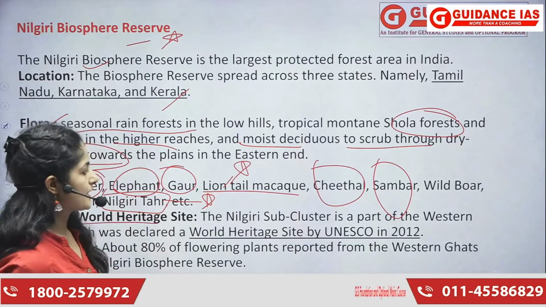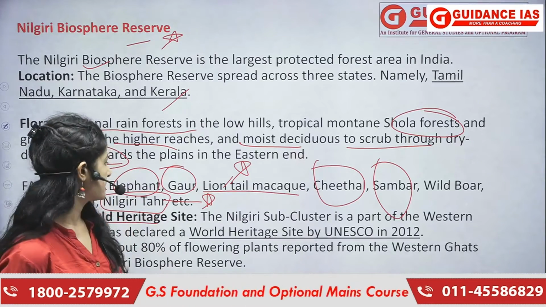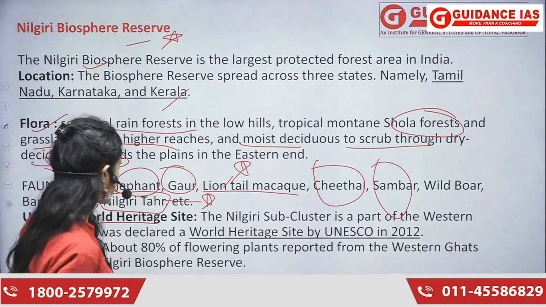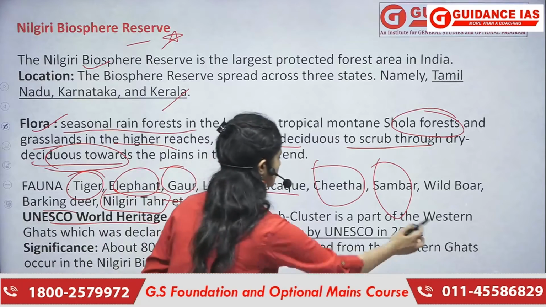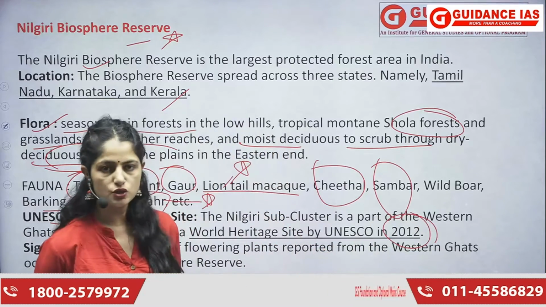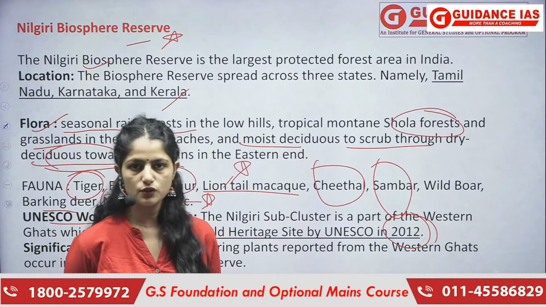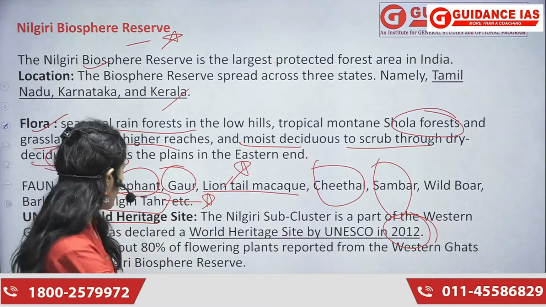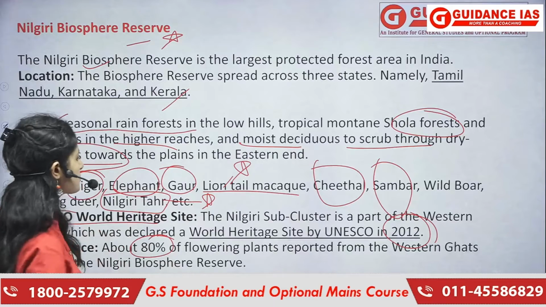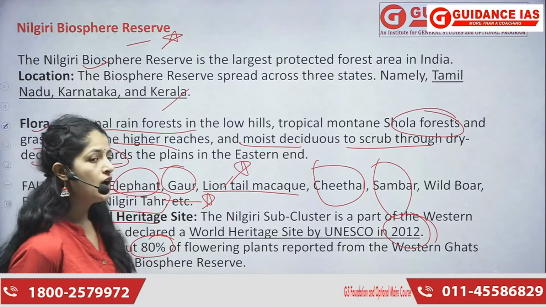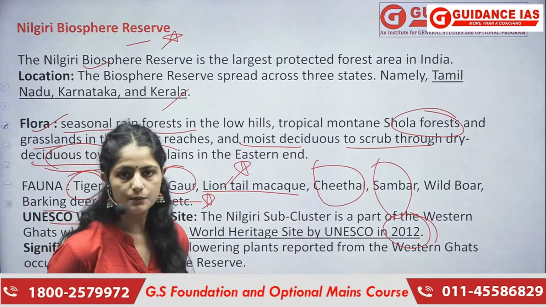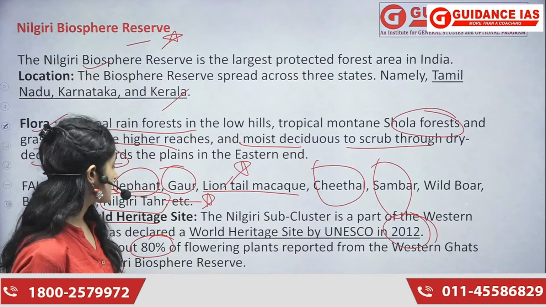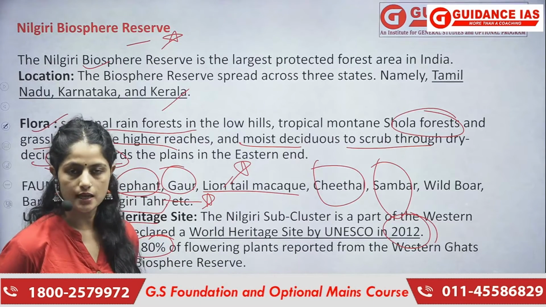UNESCO World Heritage Site bhi hai. This is a UNESCO World Heritage Site also, right? And it got this recognition in 2012. This is a very very important region, not just for our examination perspective but also for our ecology, as it contains 80% of the flowering plants which are reported from the Western Ghats. वो नीलगिरी में ही present हैं, जो भी 80% flowering plants हैं जो हम Western Ghats में